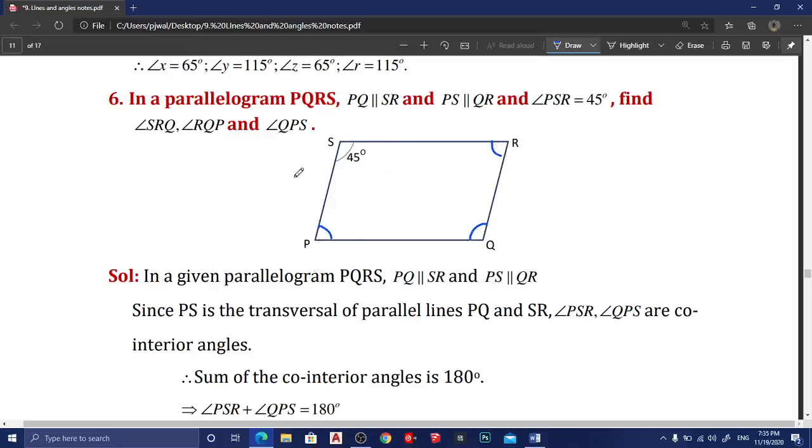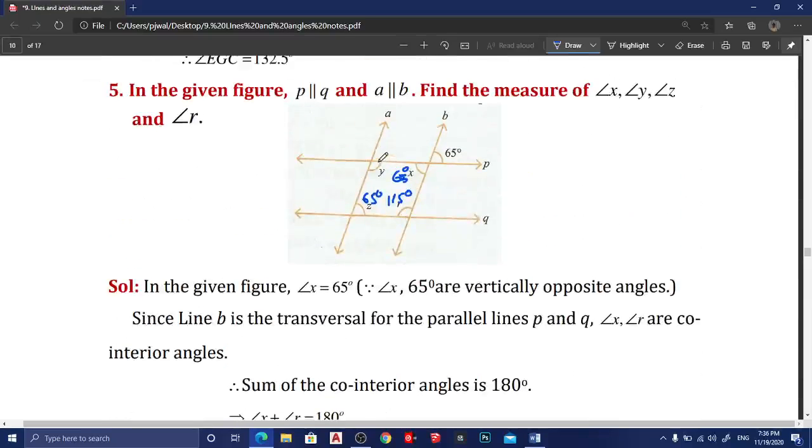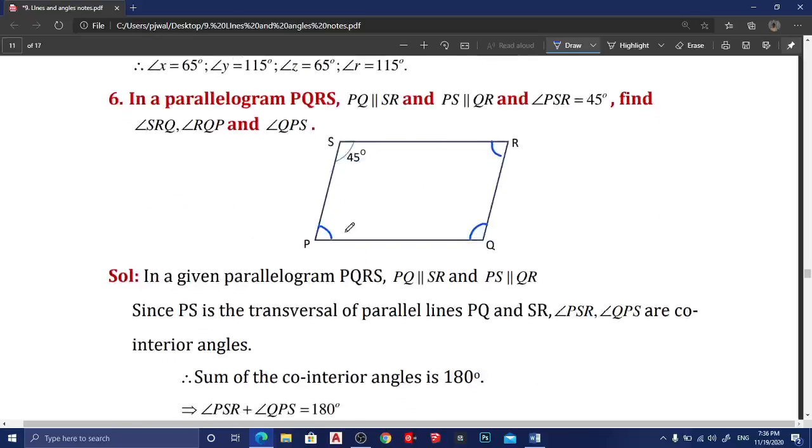Okay. Parallelogram means, as the name itself tells, two opposite sides are parallel to each other. These two lines are parallel to each other, and these two lines are also parallel to each other. In the previous problem, observe here, this is actually a parallelogram, these lines are not there. This is also a parallelogram. So here you have to use again the co-interior angles property, because these are all interior angles only.